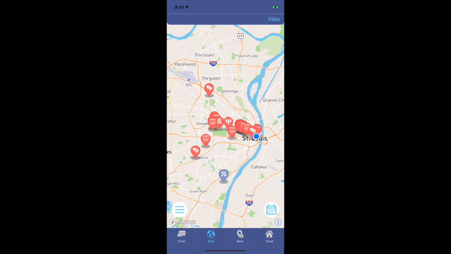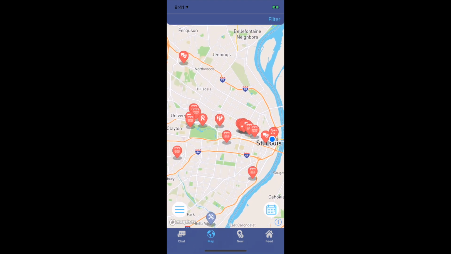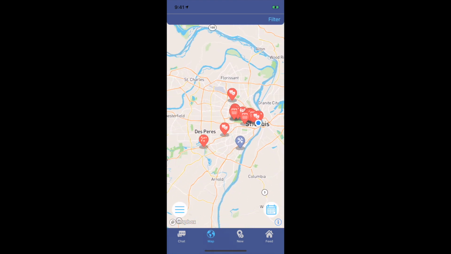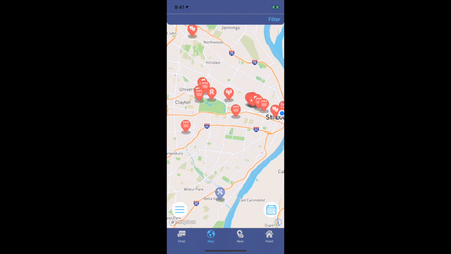But as you can see here, this is just a map showing everything that's going on in the area around me. So that little blue dot is my location. I'm actually at T-Rex right now. But all of these annotations are just showing everything that's going on in my area. So red pins actually are showing social events that are going on in my area. You'll see a blue pin down at the bottom. I'll dive into that a little bit later here. But all of these red events are social events that are going on in the area around me for that simulated time. And the image on each pin kind of says the subcategory that we're looking at.